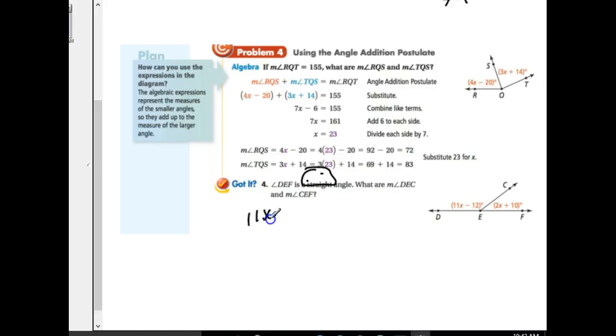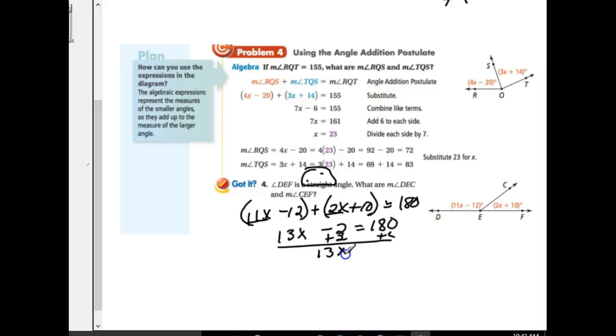So this time we're going to add 11x minus 12. We're going to add to that the other angle, which is 2x plus 10. And together, those angles should equal 180. Now, it didn't say it was 180. We just have to remember that straight angles are 180 degrees. Now, if we combine like terms, the 11x and the 2x are going to become 13x. The minus 12 and the positive 10 are going to become a minus 2. And of course, this side doesn't change right now. It stays 180. If I add the 2 to the other side,